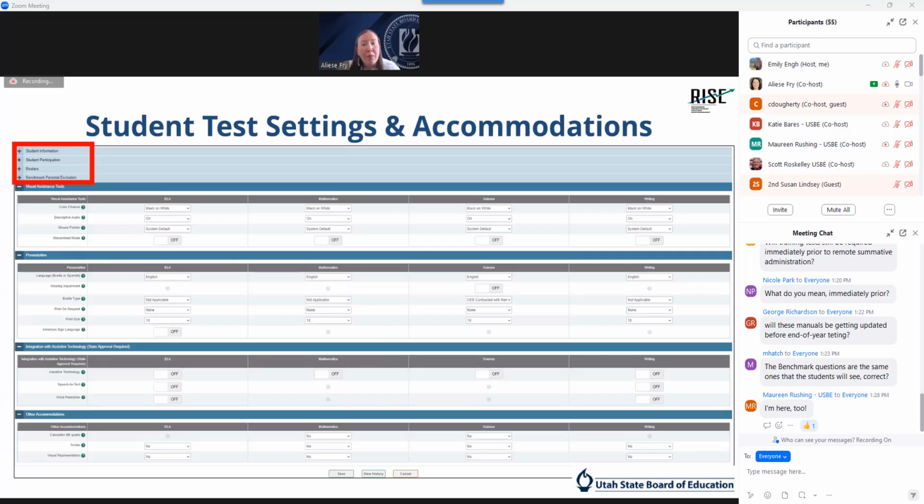I know it's really small print, but once you click on that pencil icon, you'll note there are separate menus which will expand or condense based on the little plus minus buttons on the left. If you look at the very top, there are student information, student participation rosters, and benchmark parental exclusion menus, which have not been expanded. I've chosen to just expand the bottom 4 menus, okay, just so you can see where